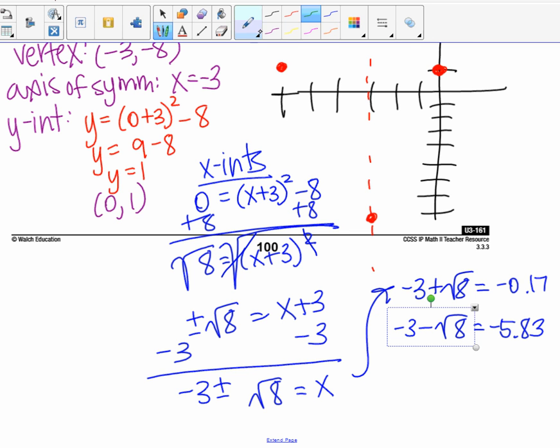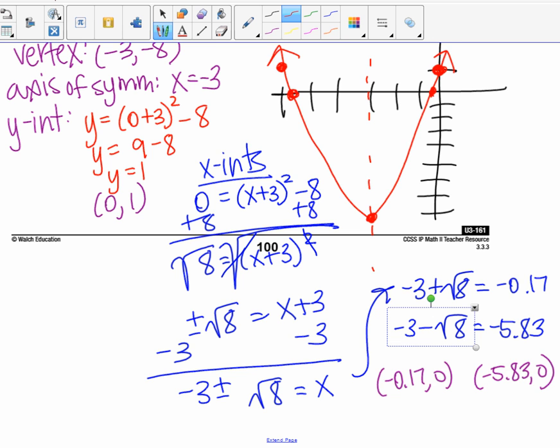So your x-intercepts are at -0.17, 0 and -5.83, 0. So they're ugly, but really your calculator did the ugly work for you. So we're at -0.17, so like right there, and -5.83, so like right there. So your graph